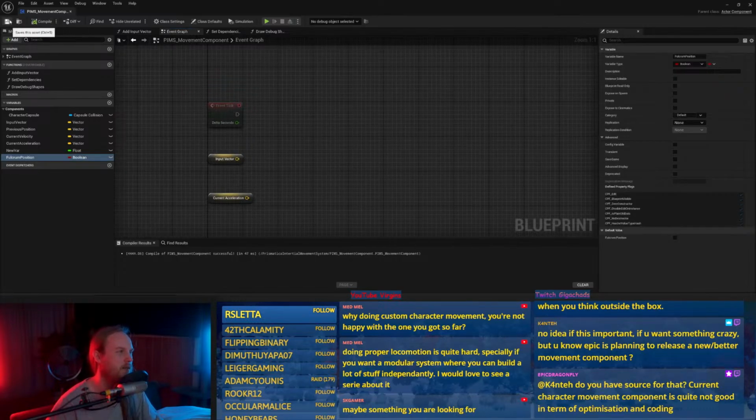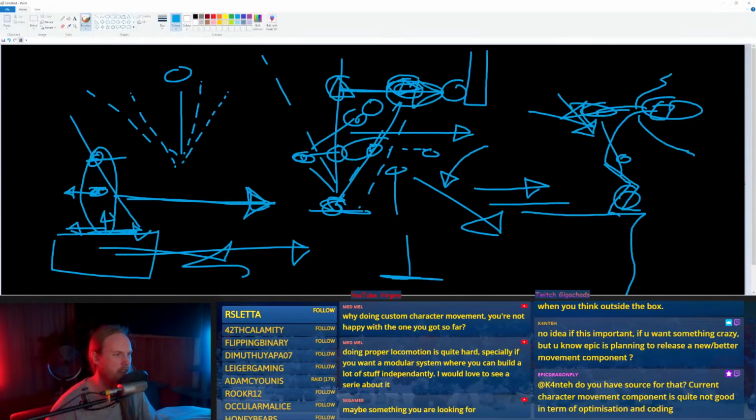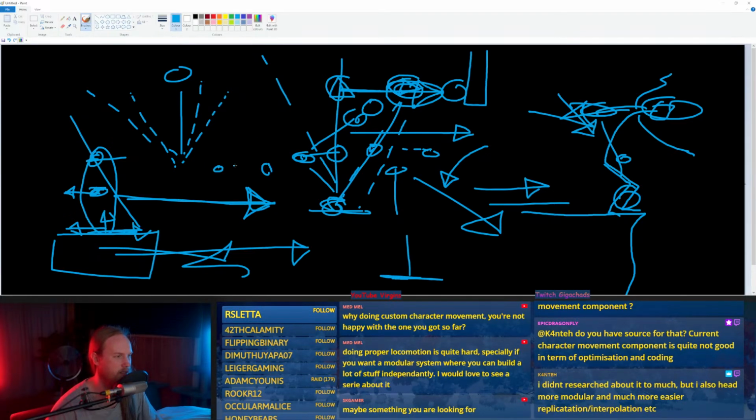Because I was thinking for quadrupedal characters, they'd have 2 sets of these. They'd have 2 fulcrum points, 1 center of gravity, and 2 kind of... Do you know what I mean? And then a head.